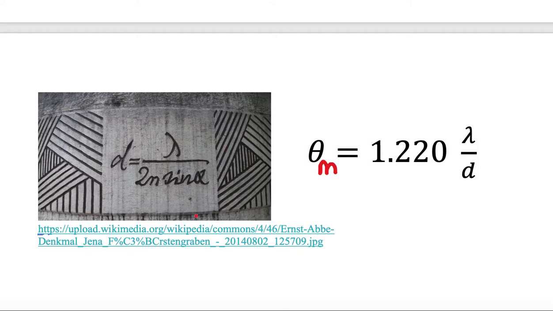Now the original equation that was determined experimentally was by Ernst Abbe, a German optical physicist, and he had come up with something very similar. He came up with D is equal to the wavelength divided by 2n sine theta. And as you can see, we can rearrange this. So let's put sine theta on the left-hand side, and we'll put D on the right-hand side of the equation. So you're going to be left with a sine theta, and that sine theta is alpha in this case, sine alpha, and that is equal to, we still keep our lambda over 2, our half wavelength,